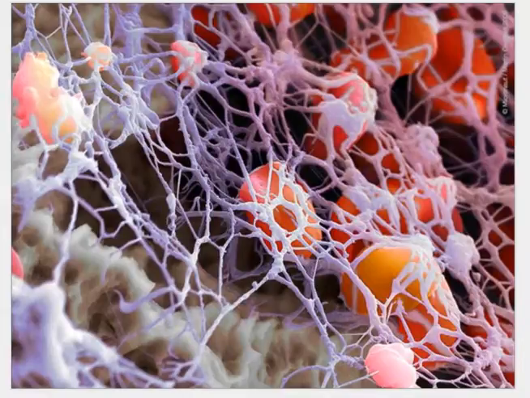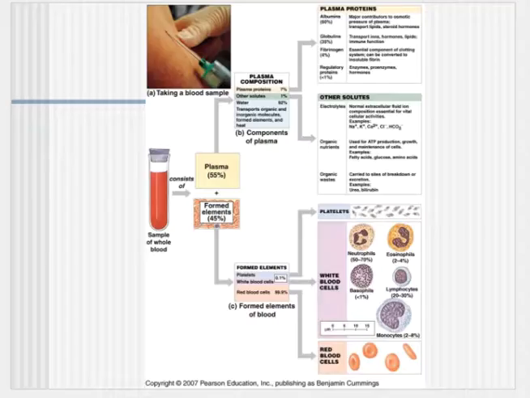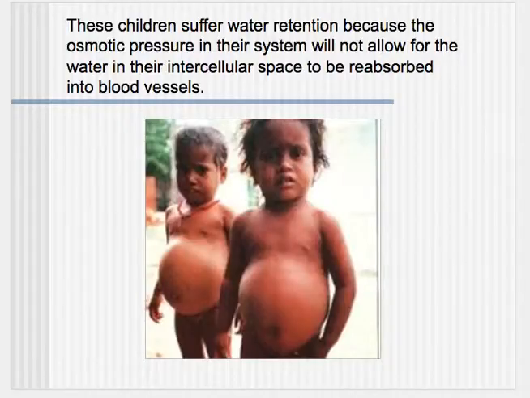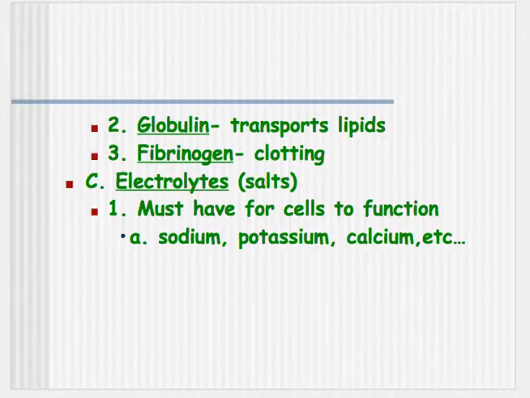Okay, so that's what you need to know about plasma. I am going to remind you that your blood plasma has a couple major things that you need to remember. One is those plasma proteins. Those plasma proteins were responsible for the osmotic pressure to make sure that the fluid is actually going to return back to the blood, so that we don't end up with extra fluid in our bodies, which we don't want. And we're also going to have globulin to transport the fats around, and the fibrinogen in order to stop from bleeding. So finish up your notes, and